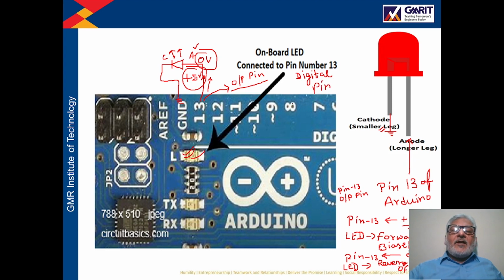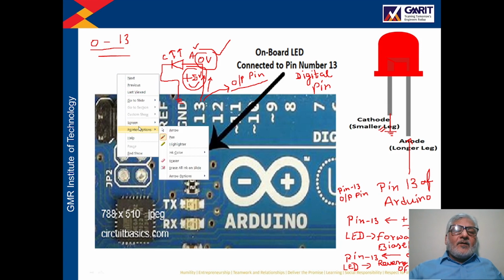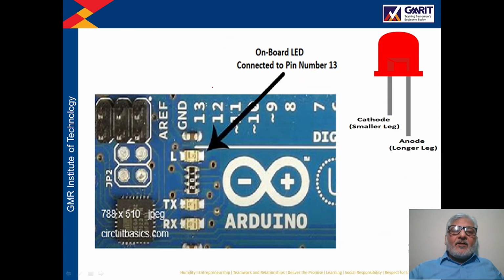Because here we see that from pin number 13 we want to generate only either 0 volt or plus 5 volt. So we are generating a digital signal, right? For this application we need a digital pin of this Arduino board, and we already know that the Arduino board has digital pins from pin number 0 to pin number 13. That's why this LED is internally connected to pin number 13. In this way we can toggle this LED, turn it on and off, right?